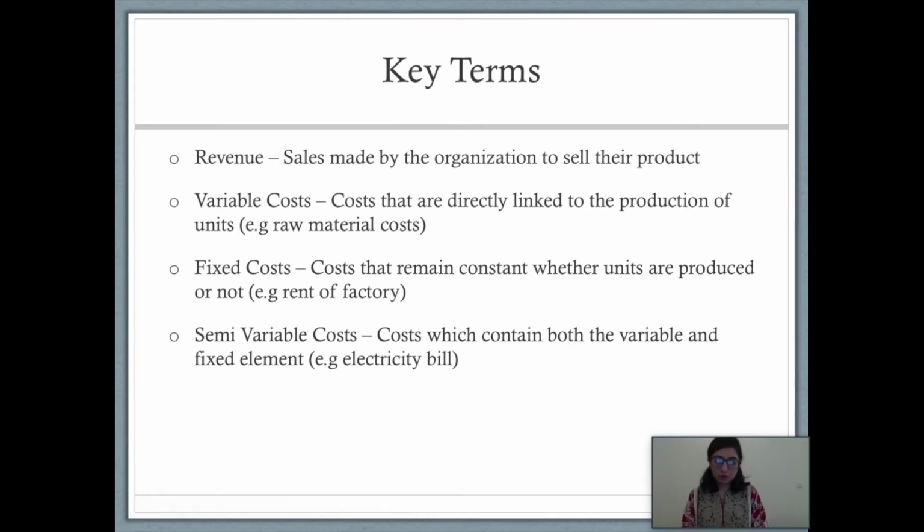All right, to move forward, management accounting revolves around 4 to 7 main concepts, which we're going to be using again and again. So it is very important that students understand the key terminologies that we're going to use. The first term is plainly simple. It's used everywhere in the organization, in the market, by every business person, and it's called revenue. Revenue is the sales that the organization makes by selling their product.